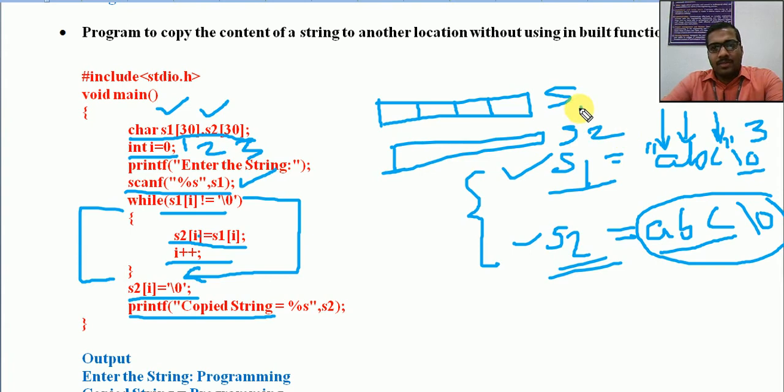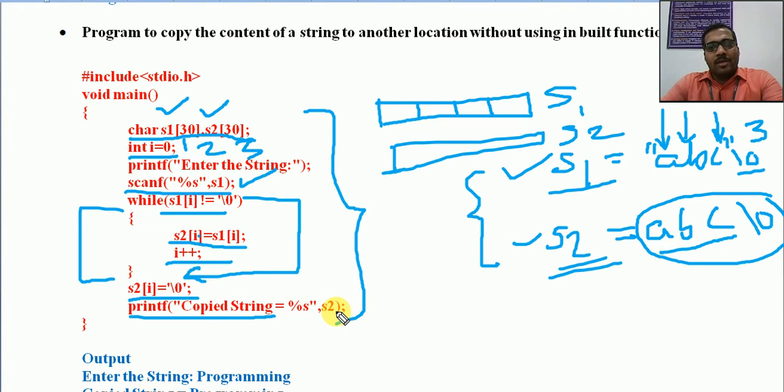So this can be easily done by using strcpy, but if you are not having that function or header file available, we can do it by assigning the characters index by index into the second array, and finally we need to append a \0 character at the end of the second string. Okay, so I think this logic is very clear. So this is the way in which we can copy the content of one string into another.